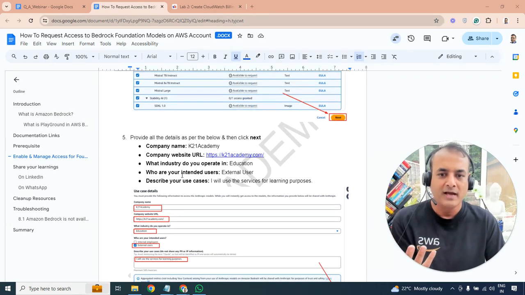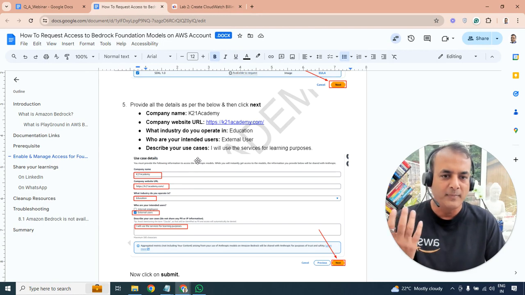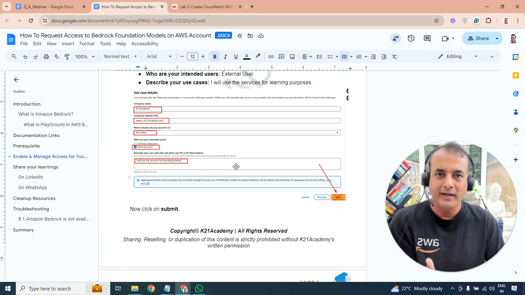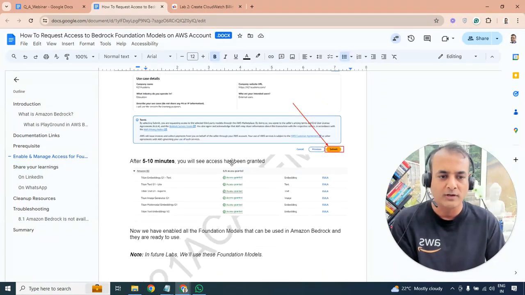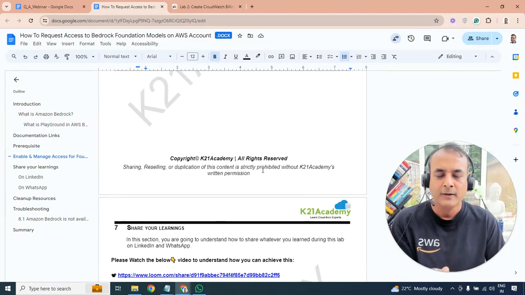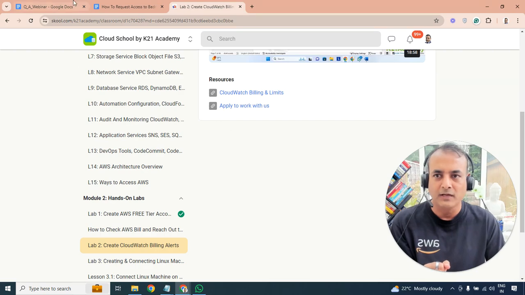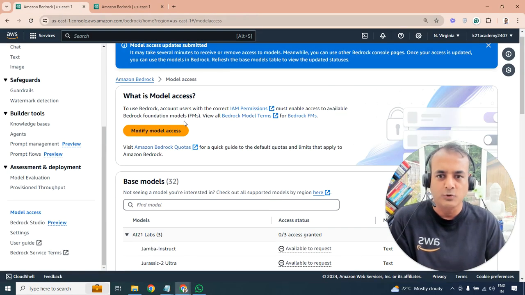What industry you operate, and then intended users are for external users or internal users, and maybe use cases as well. So I didn't encounter it yet, but I think someone from my team encountered. So we just click on, or if you don't get this, ignore that, don't worry about it, and then click submit. And then within a few minutes, you'll be getting a, let me show it to you, and you will